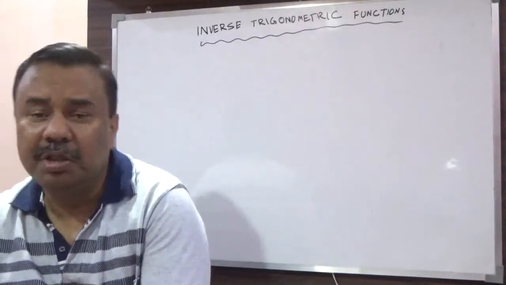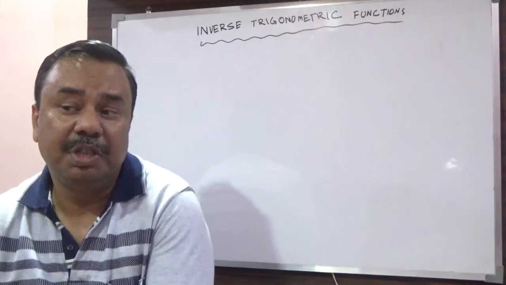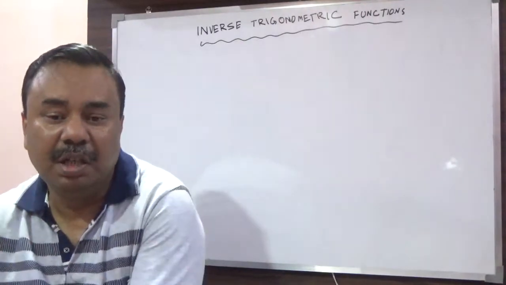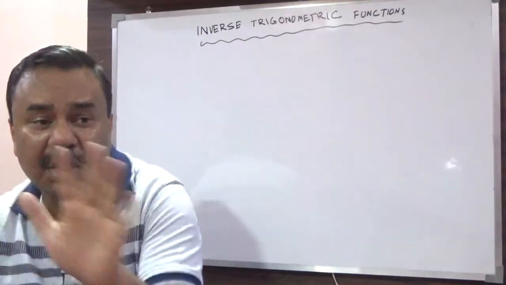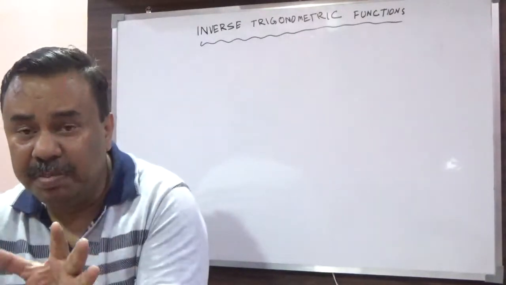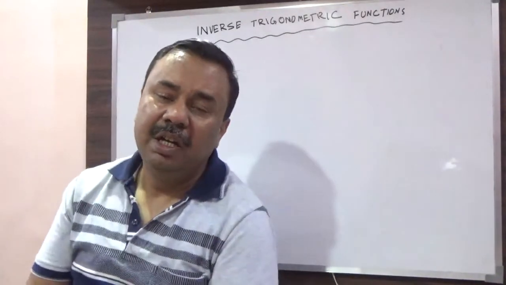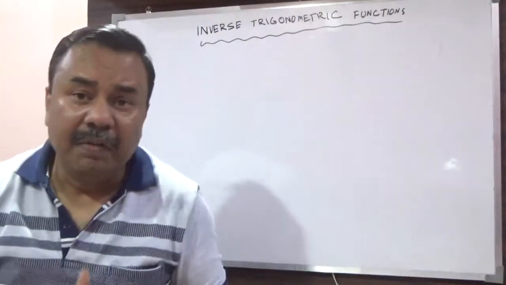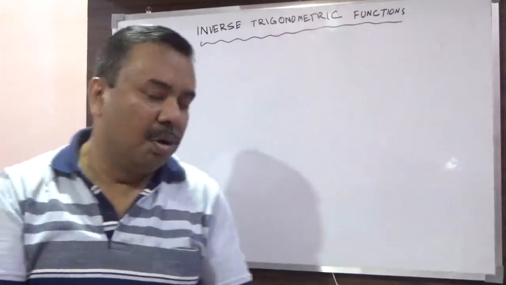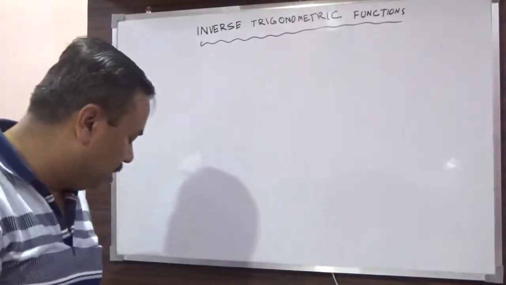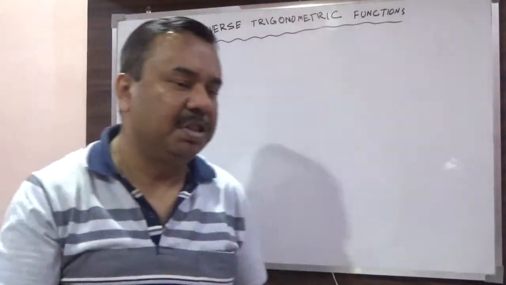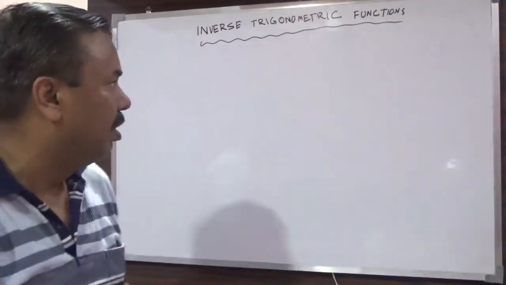Once you have the trigonometric tables, you must have also seen there is another table called the inverse trigonometric tables. Now what is the meaning of this? Inverse means, as the name is clear, we will be going in the reverse way. So before I go further, I will first take direct trigonometric functions, just a basic example.